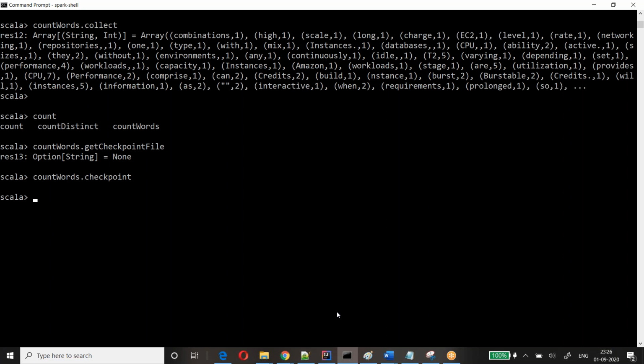Your persist or cache will maintain the lineage graph, very simple. Checkpoint will not maintain it. You cannot say both are equal. No, they are not equal. Okay, but checkpoint and persist disk only look the same, but they are not the same.